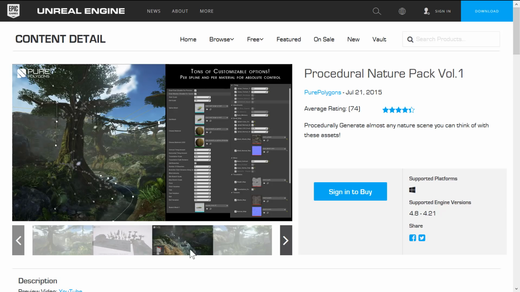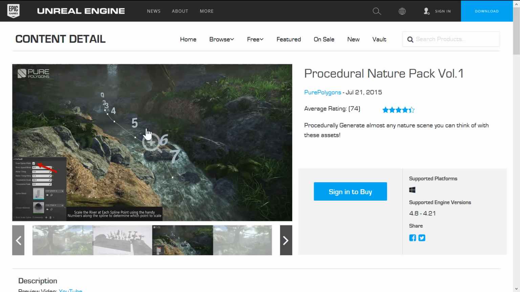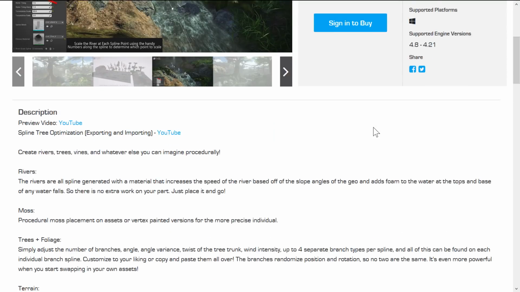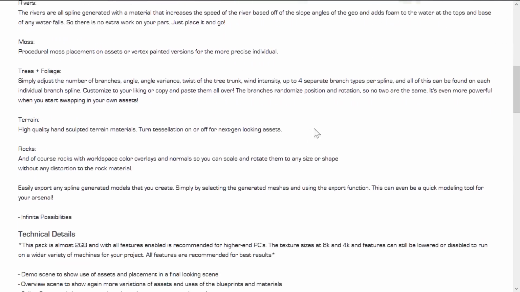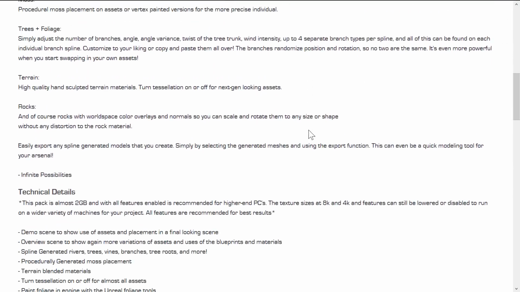But where it gets most interesting is you've also got things in here for creating rivers that run through your environment and so on. Again, the Procedural Nature Pack is probably the one that I find most interesting, but it's also one of the oldest. So it'd be interesting to see how well it stacks up and how good it looks. So this is probably one that I'm going to take a look at